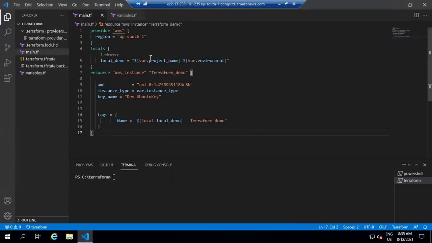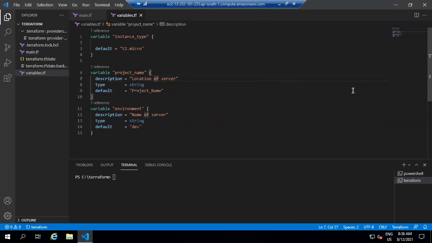So firstly, we go to main.tf file. In this file, we define provider, then resource. In resource, we provide AMI, instance type, which I have declared in variable.tf, and key name. Then, before we go to local variable, firstly you need to understand the variable.tf file code.